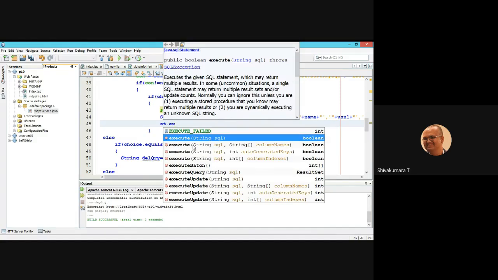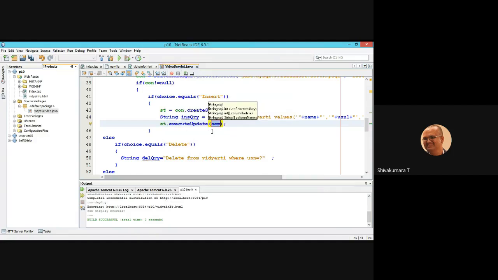If execute is called, it tells whether the execution happened or not; the return value is boolean. Since you are changing the database state from the initial state to the row 1 state, execute update is used with INSQRY. What will it return? How many rows are inserted.